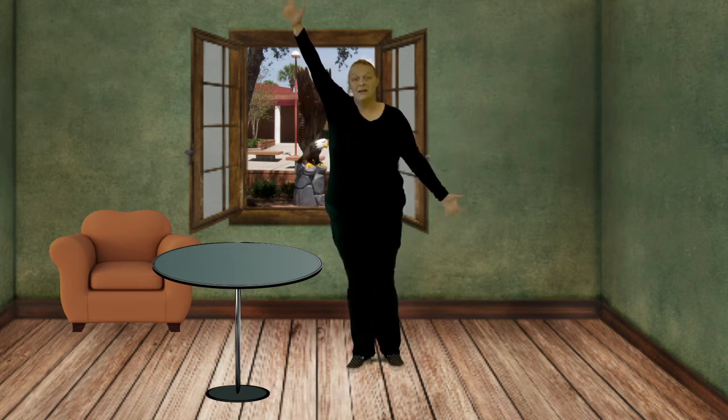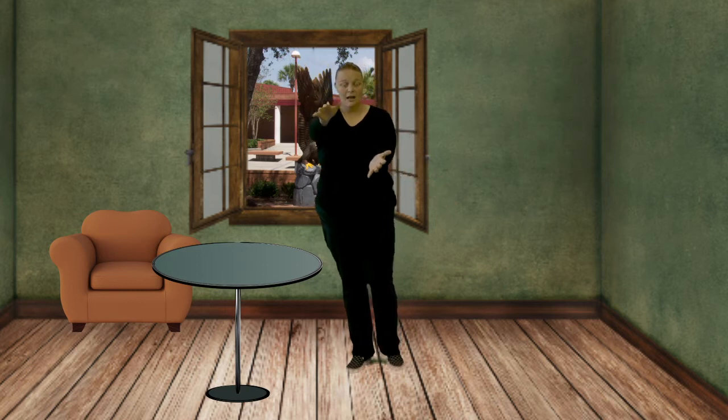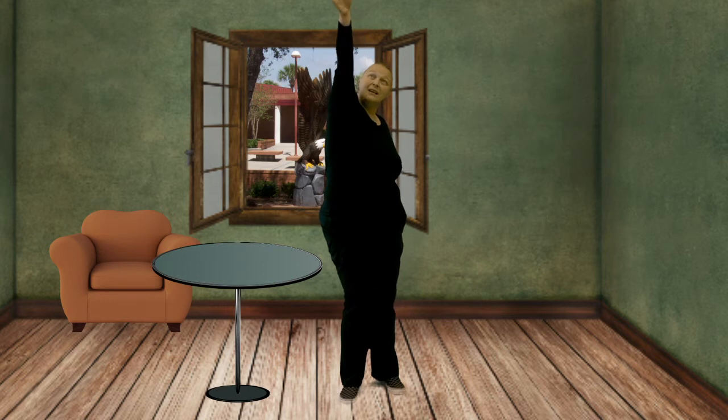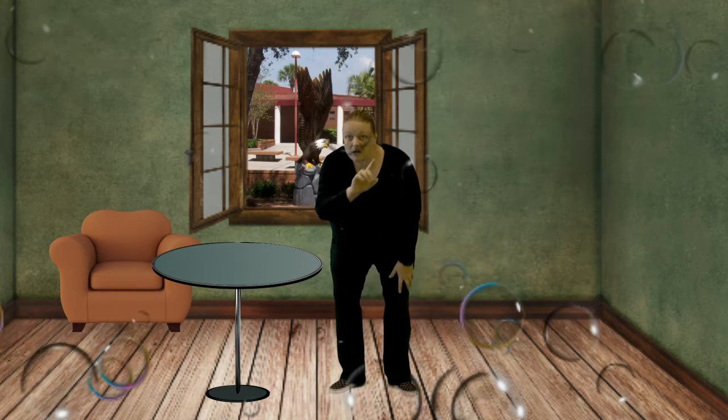Take your bubble and grab it, and it's going to start shrinking and getting smaller and smaller and smaller until it fits back in your hand. Take it all the way up as high as you can get it, close to the ceiling. Drop it and let it float all the way